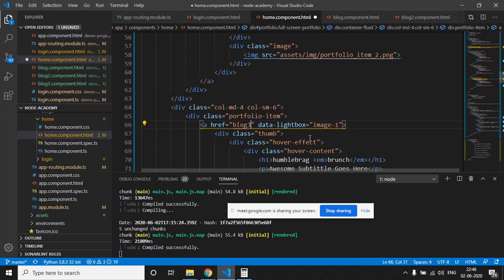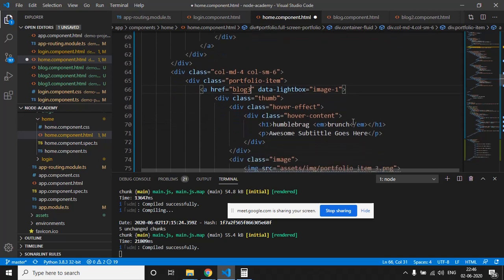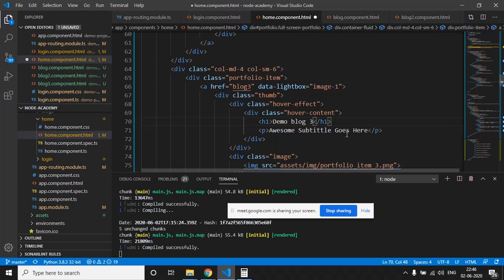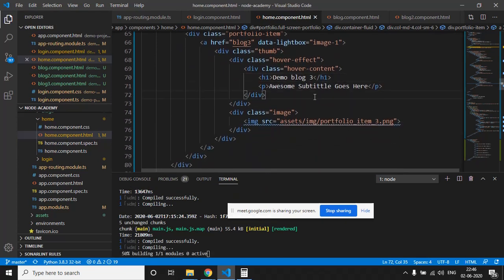I'm just mentioning here the routes that we have recently written into our app routing module, and this will be for demo blog 3. So just save it and let's have a look at what we have on the browser.